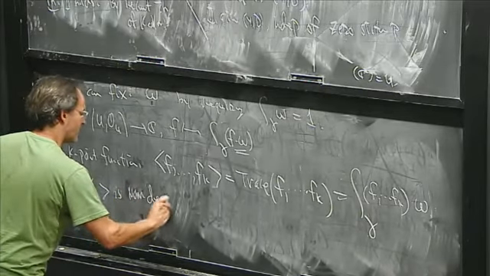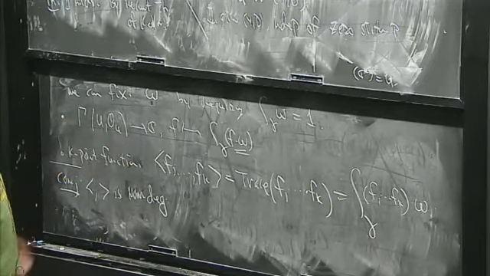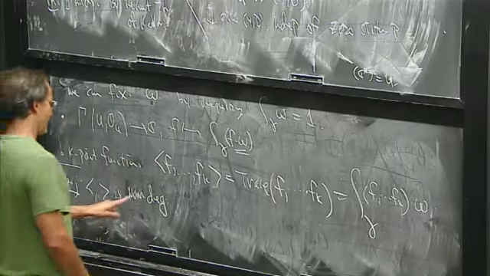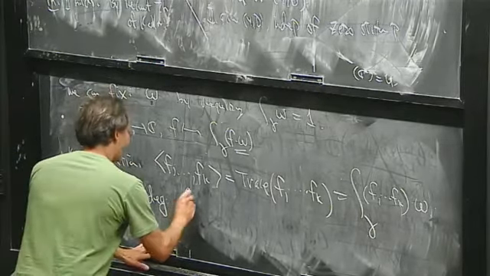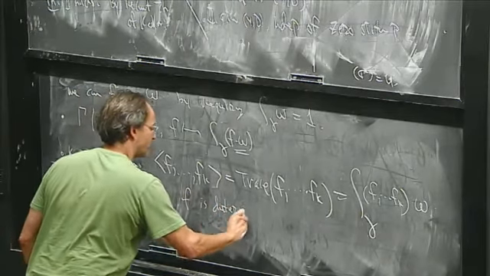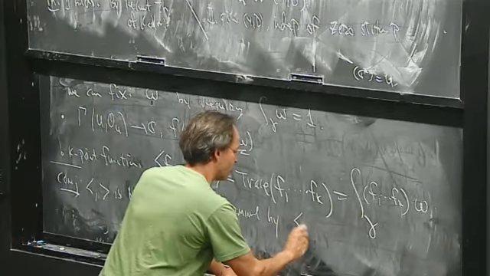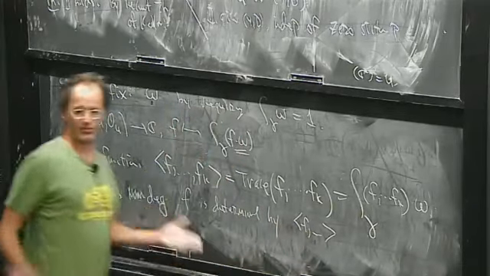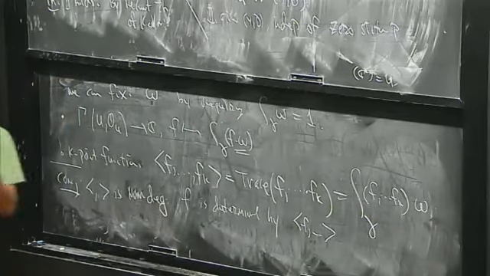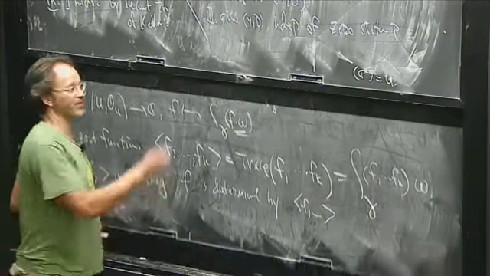Now, what does that mean? This is an infinite dimensional vector space, of course. It's like a coordinate ring of a variety. Non-degenerate meaning that the function f is determined by the inner product, by the functional f. You can't ask that the map to the dual be an isomorphism in an infinite dimensional vector space, but you can ask that the map to the dual be injective. So the map from V to V dual is injective.